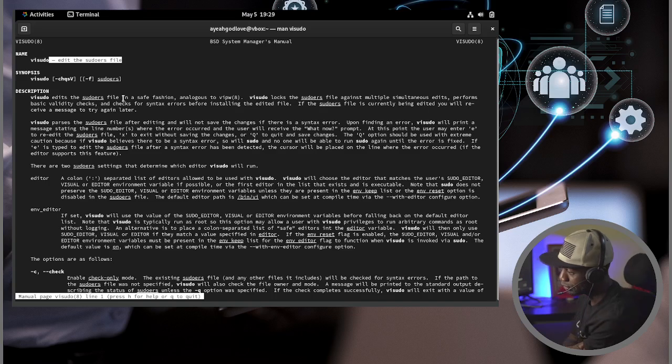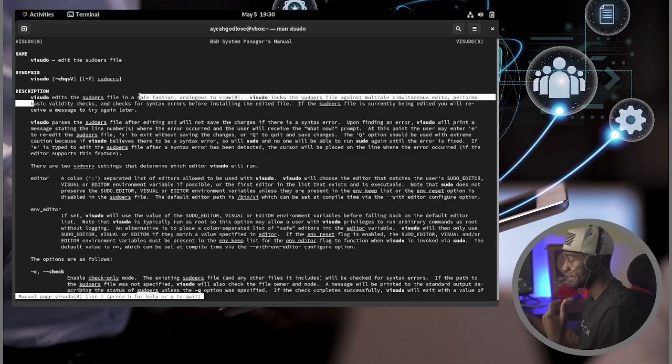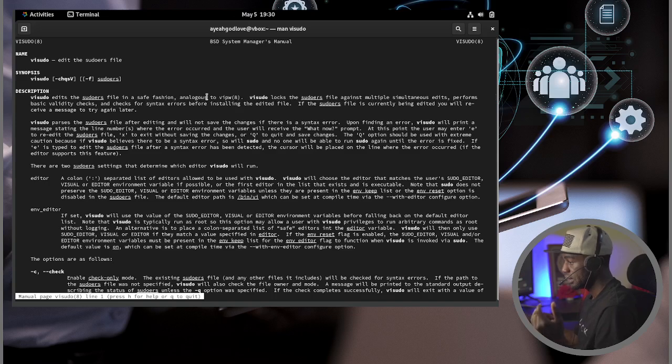With much power comes much responsibility. So basically, this file handles who has the power and what they can do with the power, the sudo file, and it's located in the /etc directory. They say visudo edits the sudo file in a safe fashion. Yes, unlike using nano, vim, or gedit to edit files, those